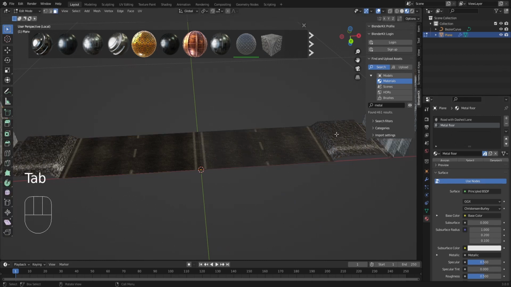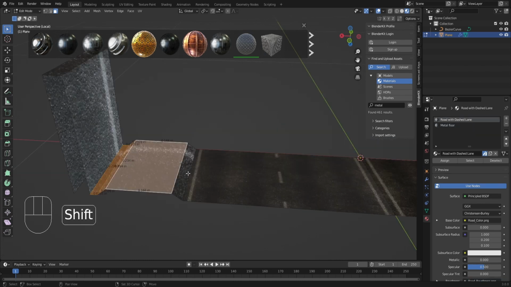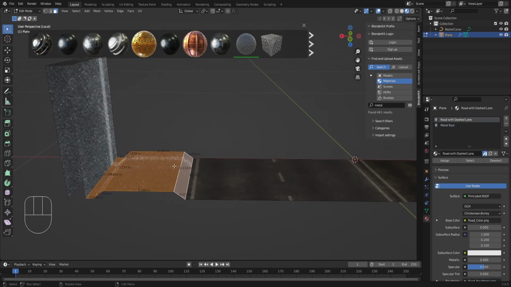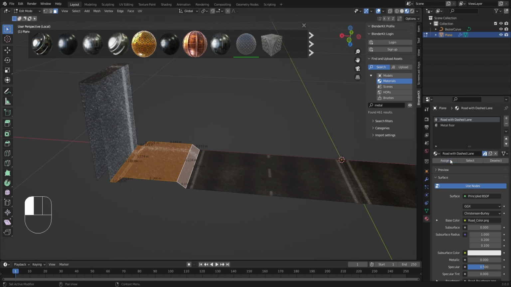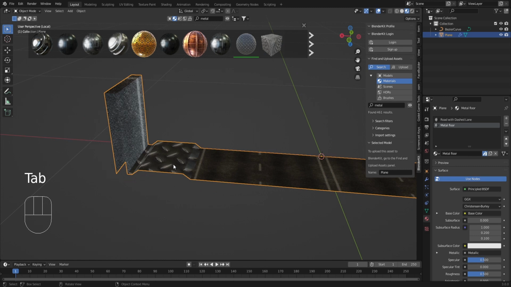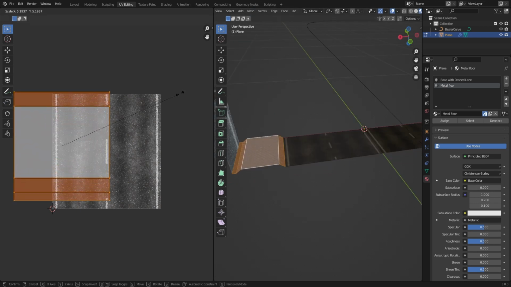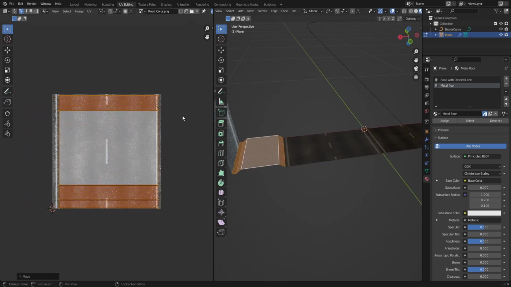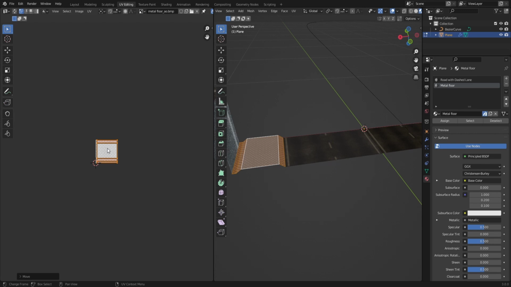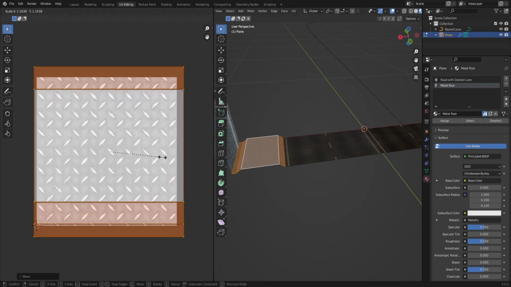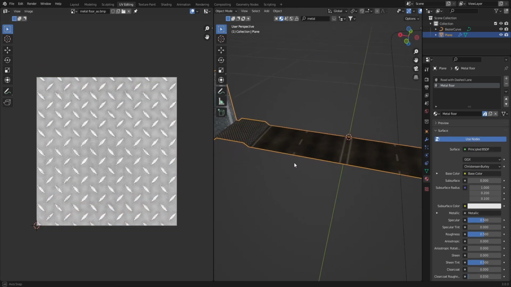I'm going to select these 4 faces and assign them the metal floor, and the same thing has happened. We just need to make sure that the UV is correct for these. Scale it, and metal, just make it, I think this is